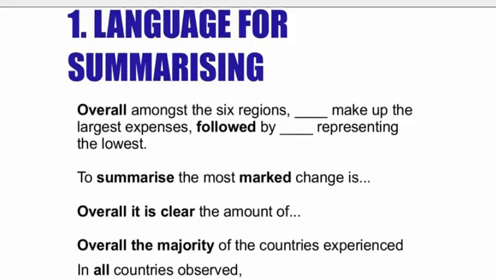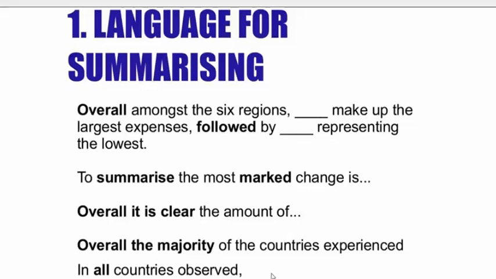Now, if we're following the 4-paragraph model, we're going to finish with a summary, just outlining the overall characteristics of the graph, of the pie chart. Here are some perfect sentences you can use in this final paragraph. Okay, we can say, in all countries observed, the largest amount of sales were seen in